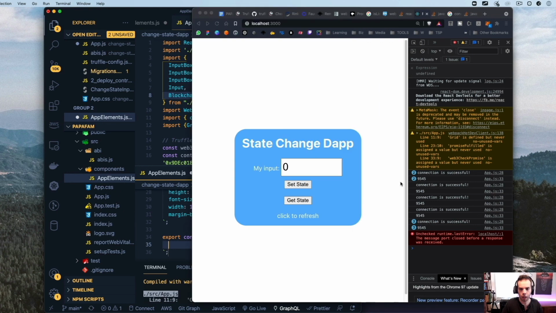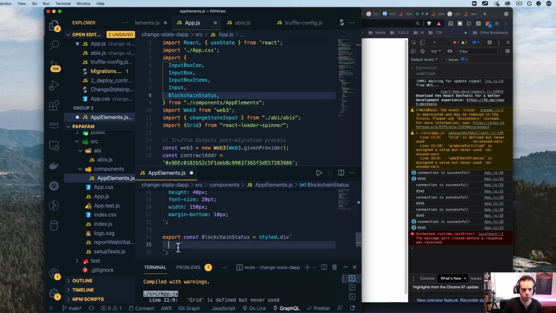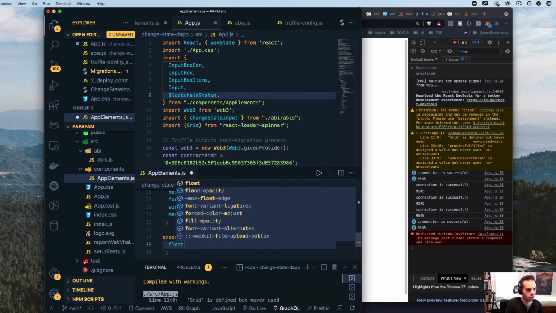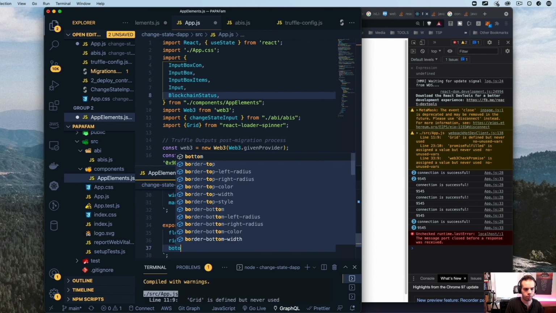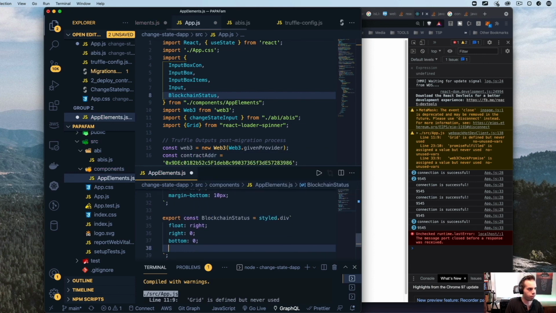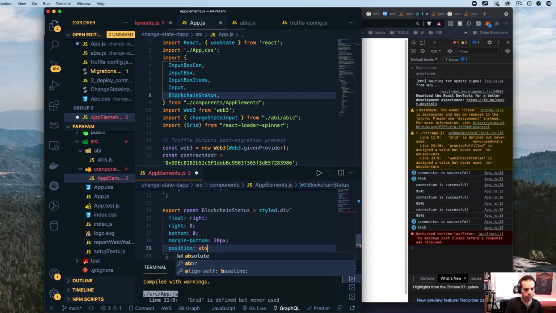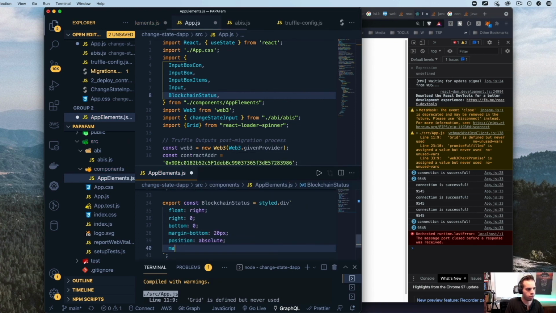I want it to go right in the corner because this is already taking up a lot of space at the top. So I want to put this square in the bottom right. So we're going to say float right, right 0, bottom 0, margin bottom 20 pixels, position absolute, and margin right 0 pixels.